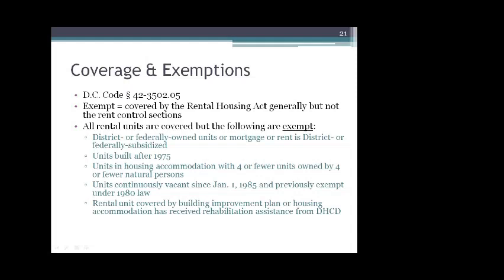No. If you have a housing choice voucher, your rent is not subject to rent control, although all of the units in the rest of the building that don't have vouchers may be subject to rent control. Fun facts for the day. And sort of all of the housing that we talked about at the beginning, none of those are subject to rent control. Any unit built after 1975,